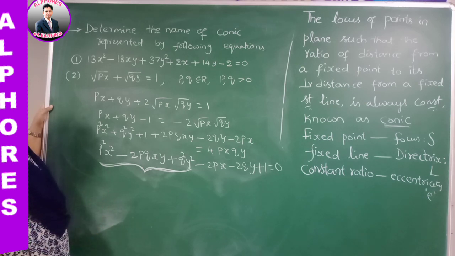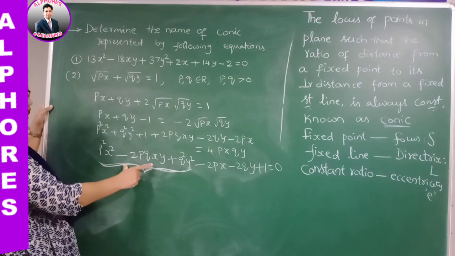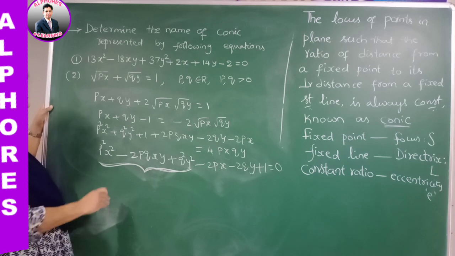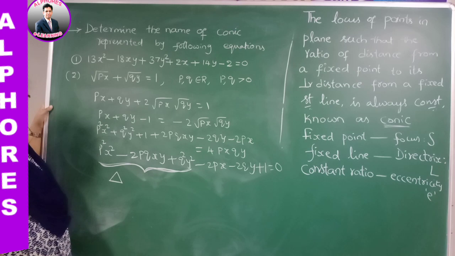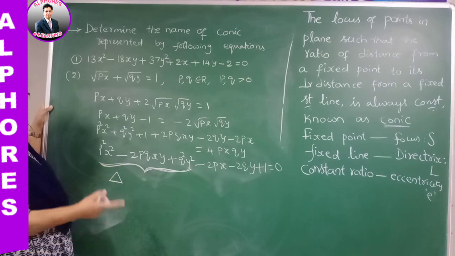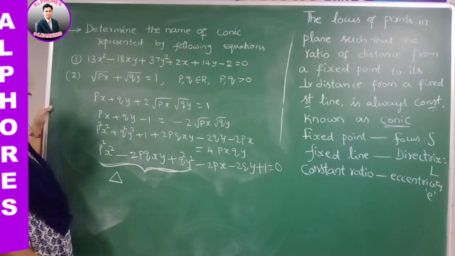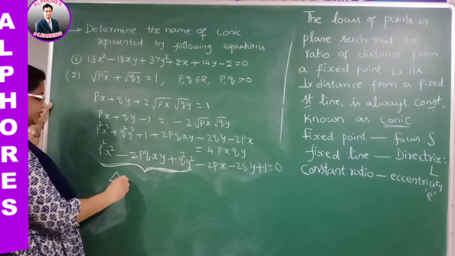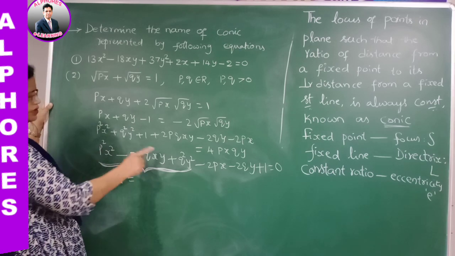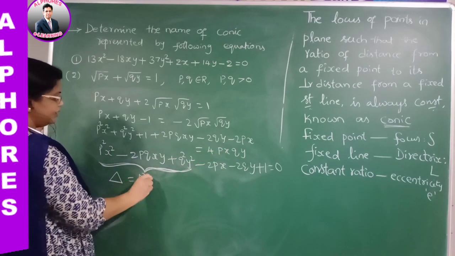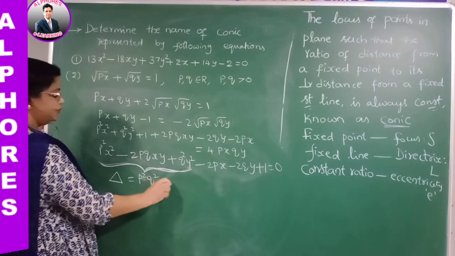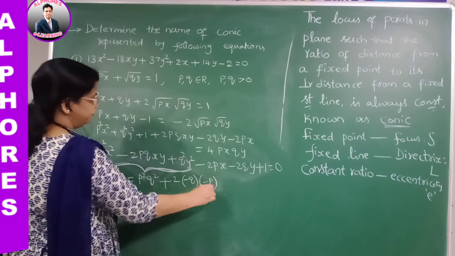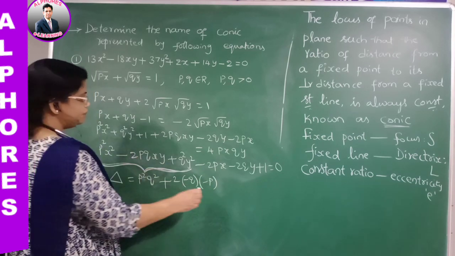To confirm that, we have to check delta. You can observe clearly h square equals ab. So what else do you require? Delta. Suppose delta equals 0, then your answer is parallel lines. If delta is not equal to 0, then your answer is parabola. Okay, so now what is delta here? ABC means p square q square 1, and next plus 2fgh. 2 into f means minus q, and g means minus p, and what about our h value? It is minus pq.